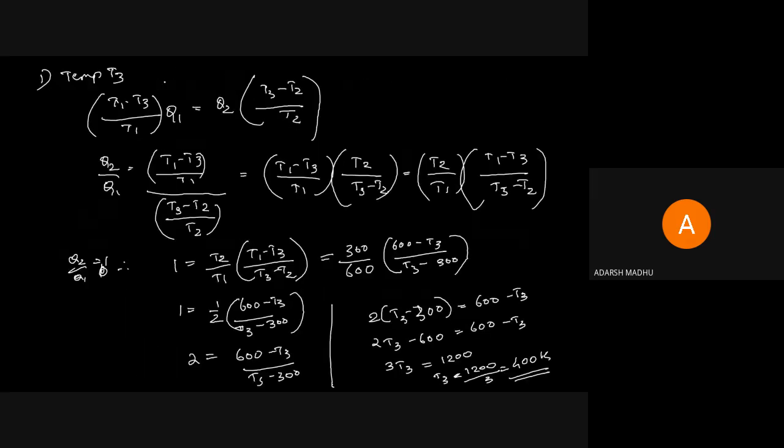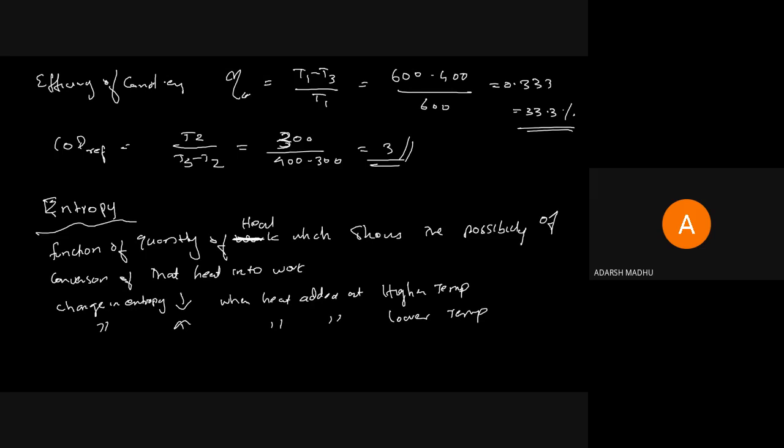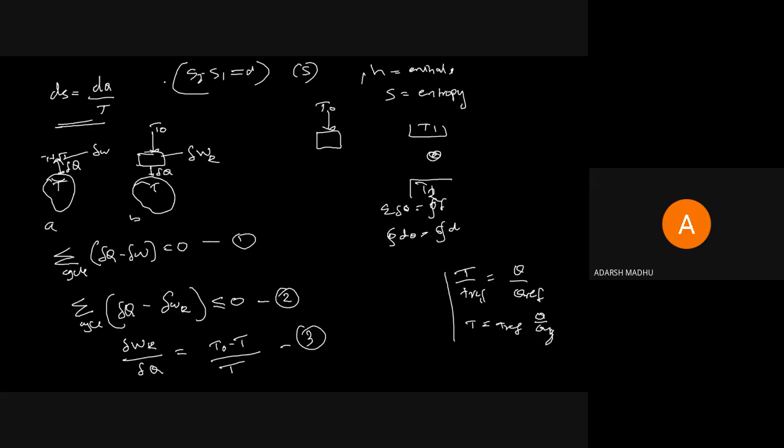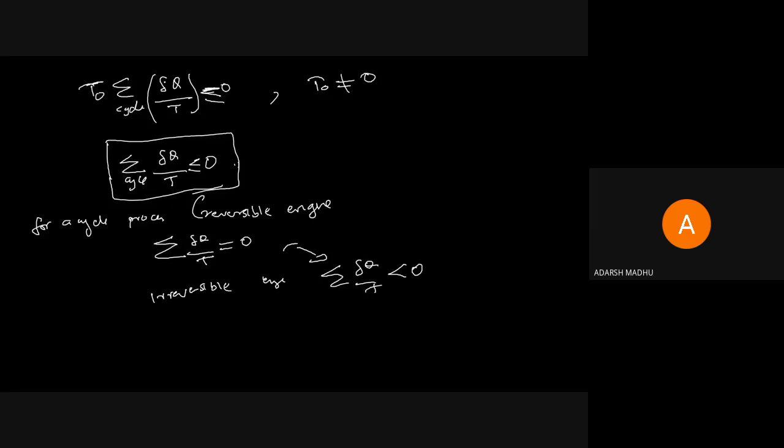What is the Clausius inequality? When a larger number of reservoirs is added, we can change the whole set of reservoirs into a single reversible heat engine, and we can write the equation for a reversible heat engine in a cyclic process as dQ by T equals 0. dQ is the heat transfer for a small volume, and T is the absolute temperature. And for an irreversible engine, sigma of dQ by T is less than 0. That is the Clausius theorem, or Clausius inequality.